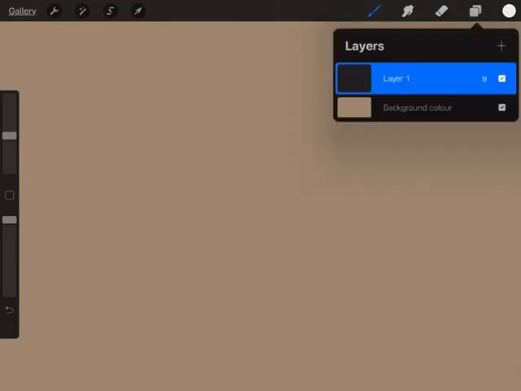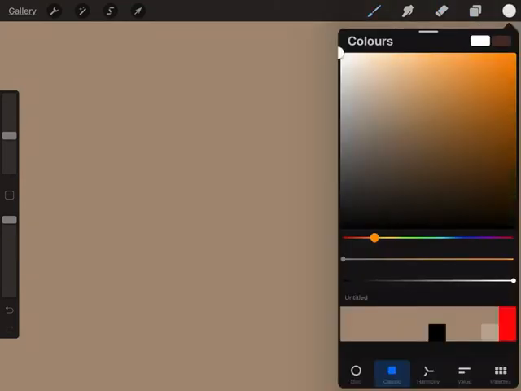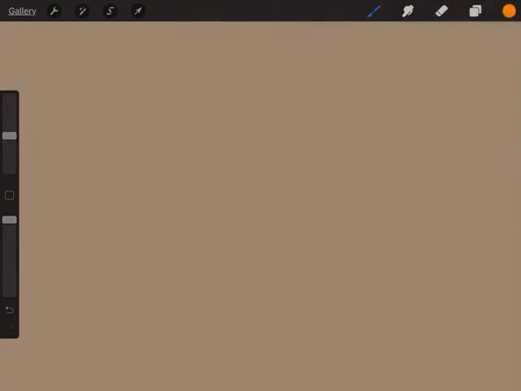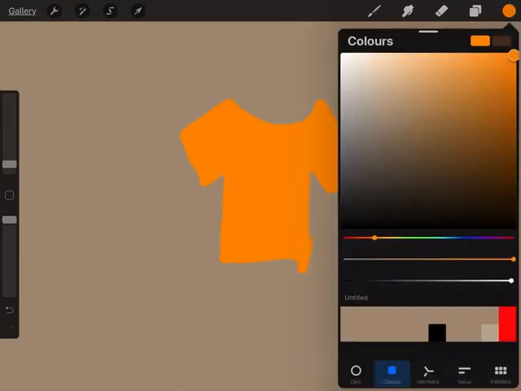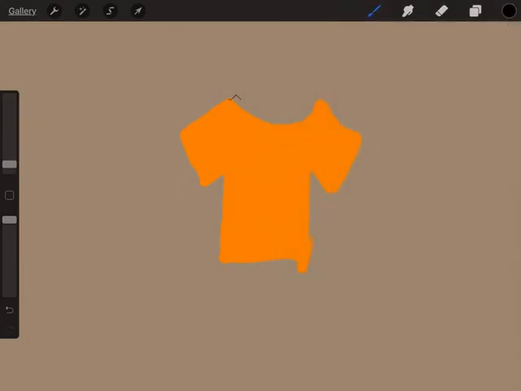Let's say I wanted to have a t-shirt that was orange, this bright orange. Then I would draw the t-shirt. Okay, it's not going to be great. It's just a rough example. T-shirt. I'm just going to quickly fill that in. And this, and I was going to, yeah, that will do. And then I wanted the top. Wait a sec. I wanted the top to be